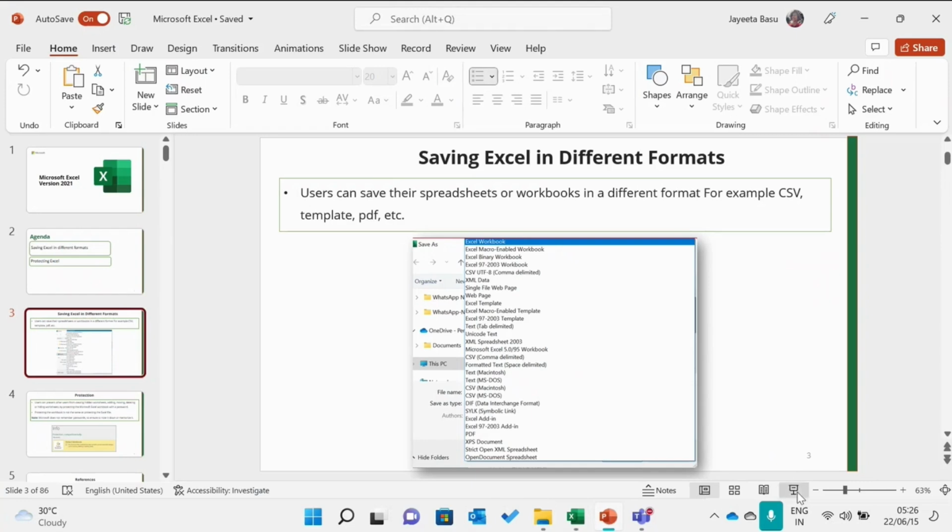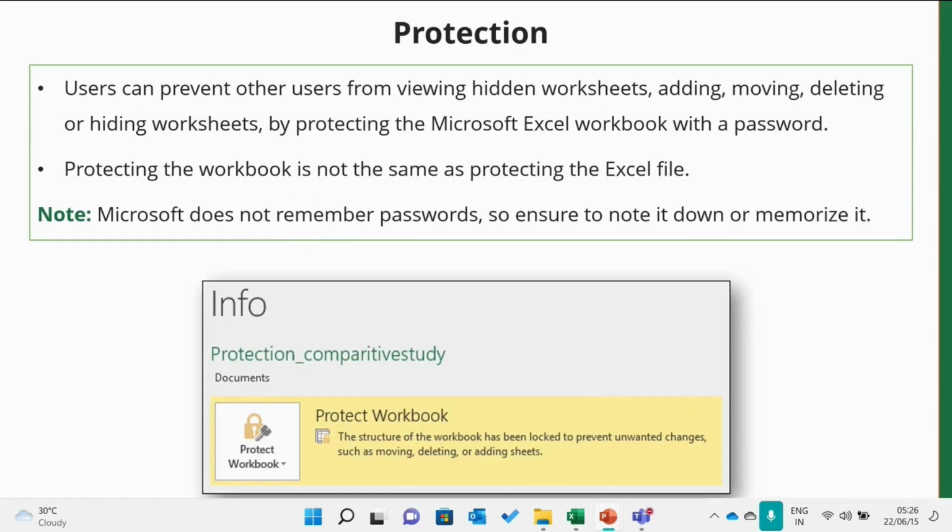The next thing that we will be learning is how to protect your document. Users can prevent other users from viewing hidden worksheets, or adding, moving, deleting, or hiding worksheets, by protecting the Microsoft Excel workbook with a password. Protecting the workbook is not the same as protecting the Excel file. Now,